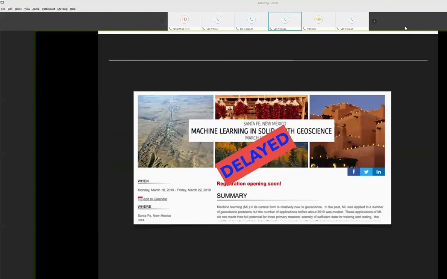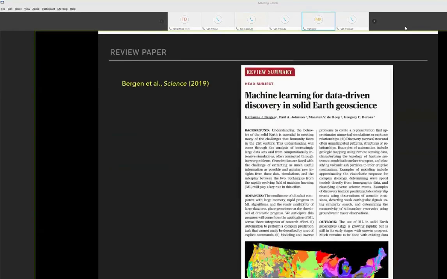So some of you may have been aware of a meeting we were hosting next week in Santa Fe, and this was organized by a number of us at Los Alamos with colleagues from Stanford and elsewhere, Rice University. We've had to delay it because of Corona, and that will be announced soon. If you're interested in getting on the mail list, please send me an email and I'll put you on the mail list. We anticipate that the meeting will be held probably next fall. Next slide, please.